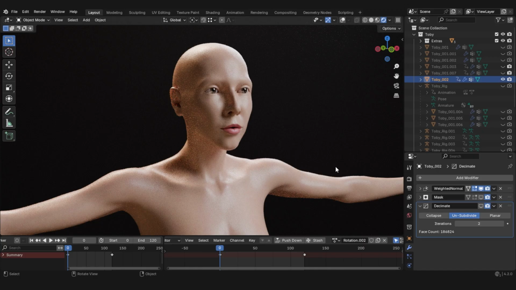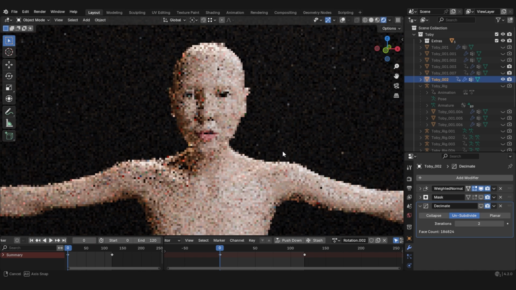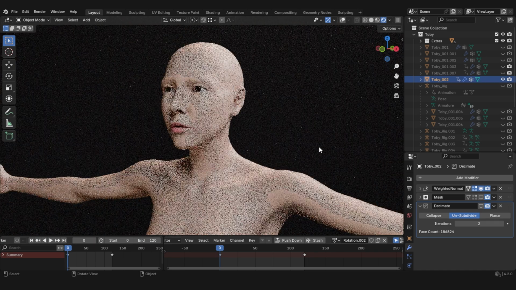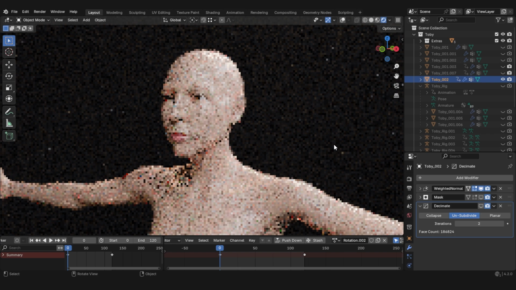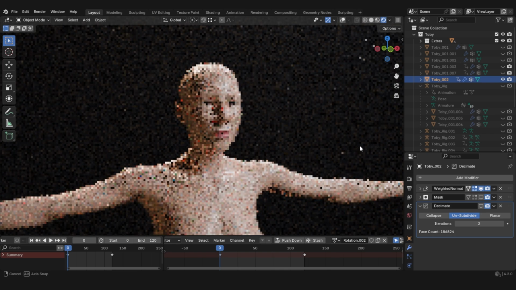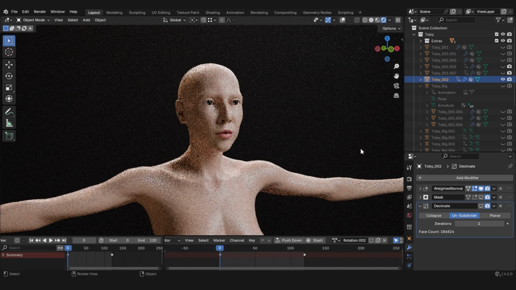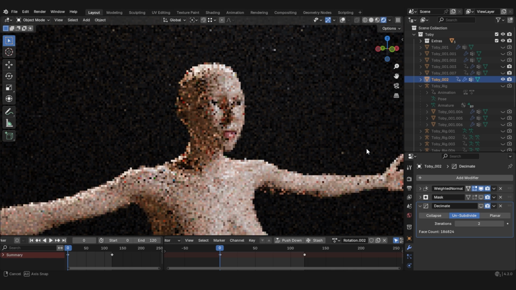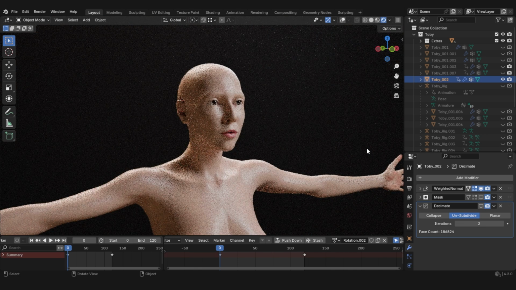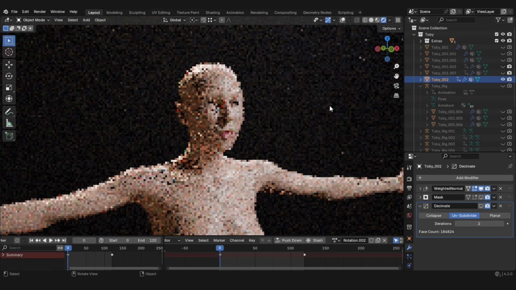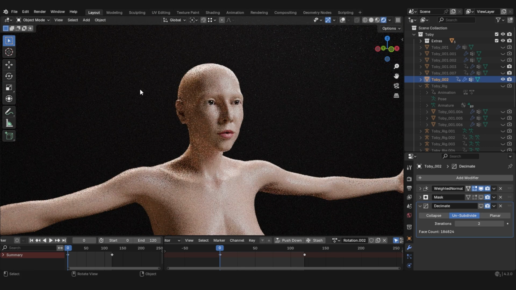And today I'm in the process of painting my newest project, and that is Toby. This is my 3D human figure, and it has not been rigged, it's just a model. I'm in the process of making a human skin shader for her, but now I actually want